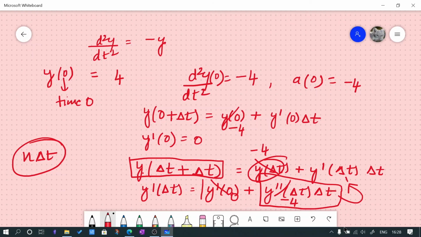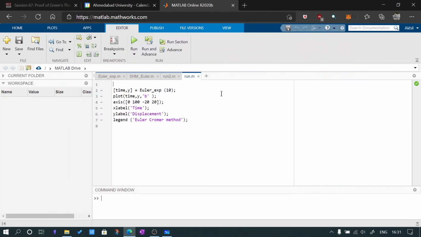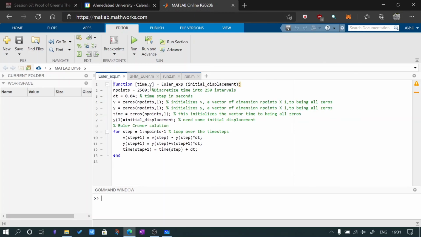And the total amount of time can be regulated using computer software. We can see how long this program lasts, and we can see the curve coming to life. So let's try doing that. This is the code which I have written. This is the function, Euler XP is the function. First I'll explain to you what it does. It first divides time into different intervals, and then it defines one time step.